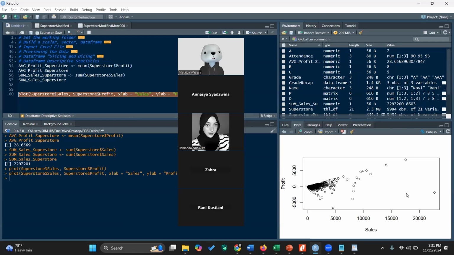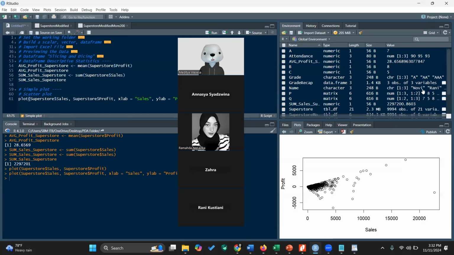For example, a simple plot, 1, 2, 3, 4. And then this is a scatter plot. Let's say histogram.